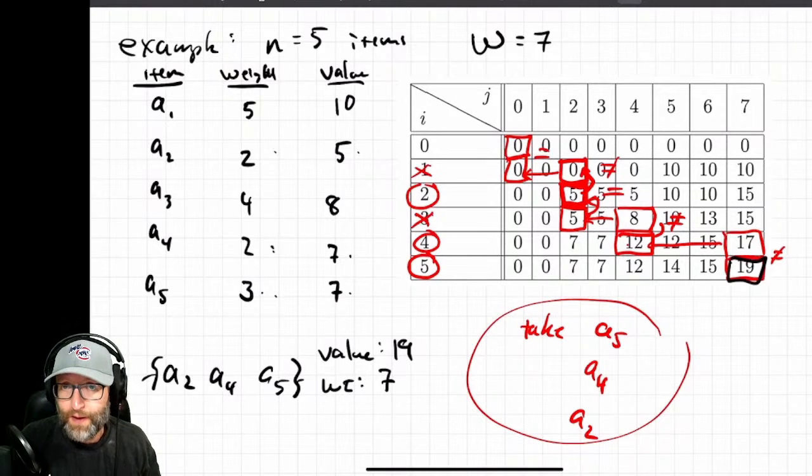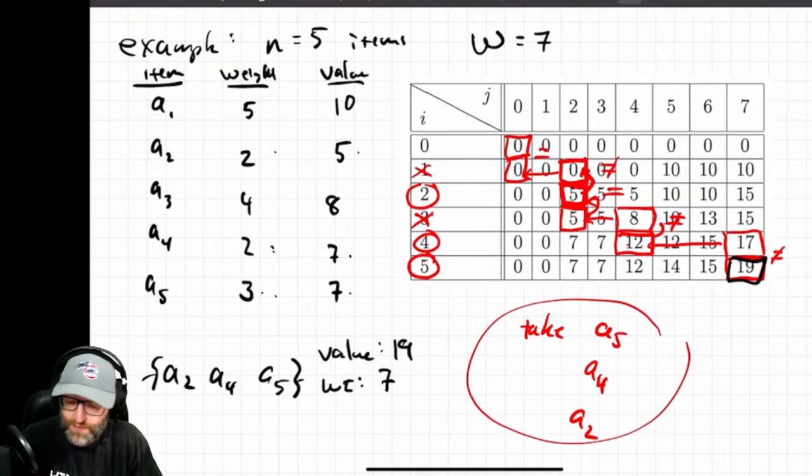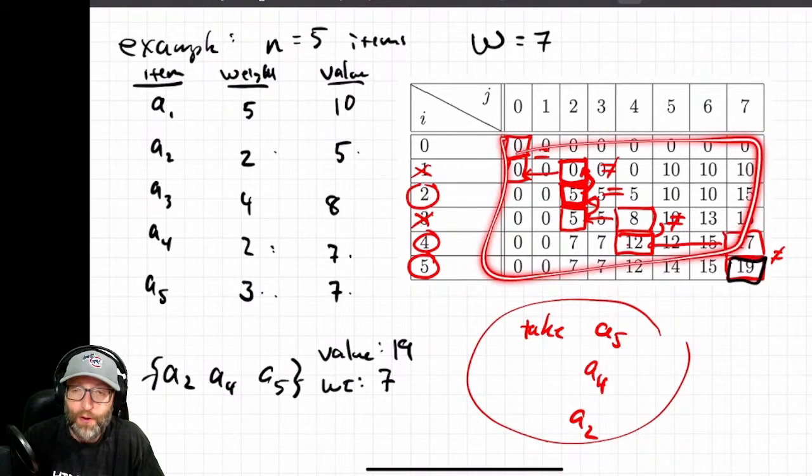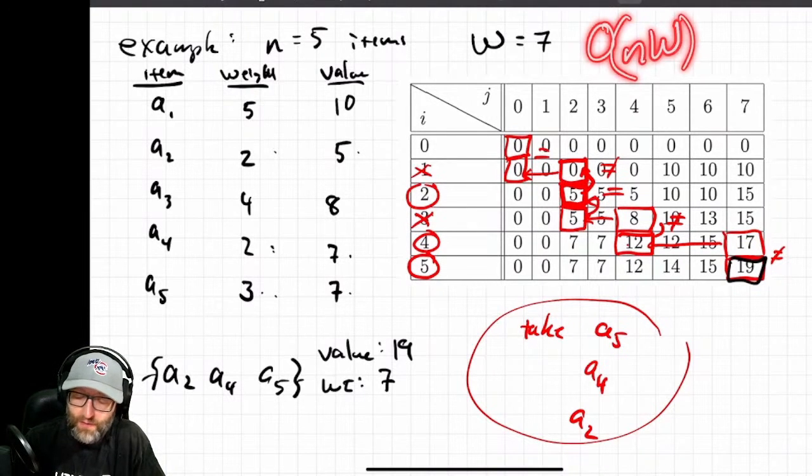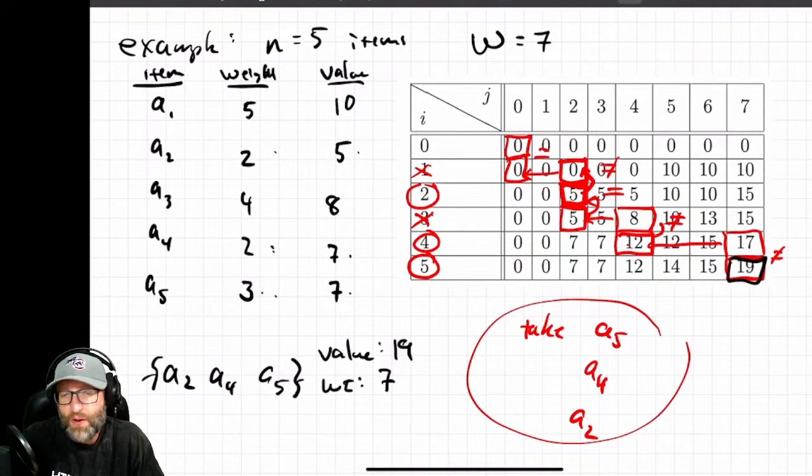Then we'll look at the complexity of this. It is actually quite subtle to look at the complexity of this. Of course, you're filling out the table here. So you might say that, oh, it's like n squared or something like that, because this is an n by w table, so maybe it's n w, something like that. W sounds like a constant to me, so it looks linear. Nope, this is